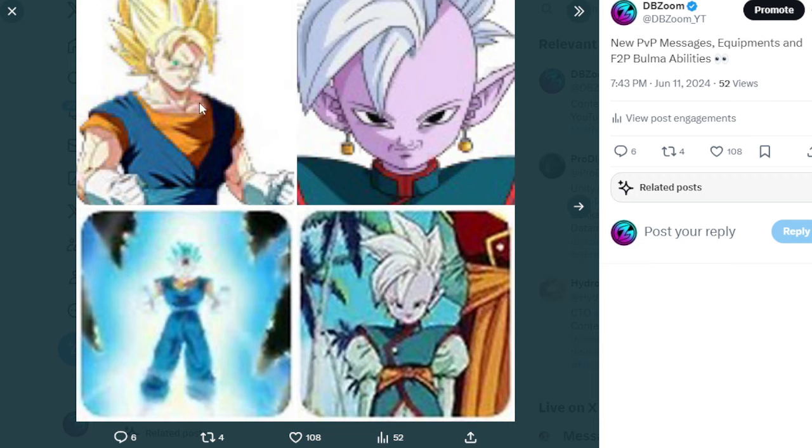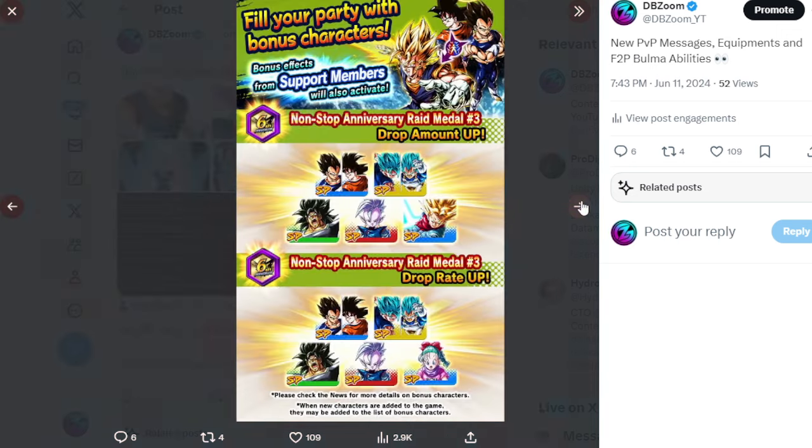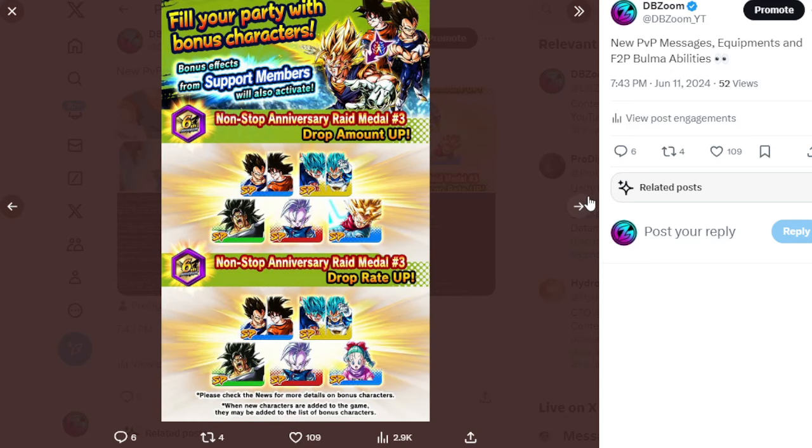Okay, so Super Vegito and Supreme Kai PvP message on top. And then here at the bottom is going to be the brand new unique equipment for LF Zenkai Vegito Blue. Of course, we're going to get the Supreme Kai unique equipment, most likely for Majin Buu Saga, I would assume, right? Because Supreme Kai. Also, we see here the raid battle bonus characters, which is pretty obvious, but we see